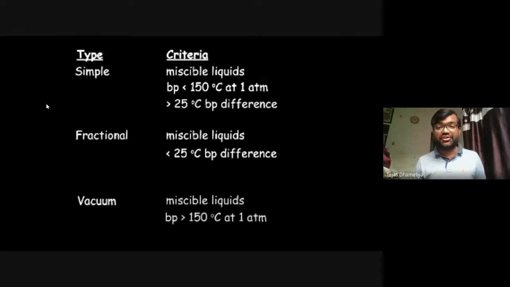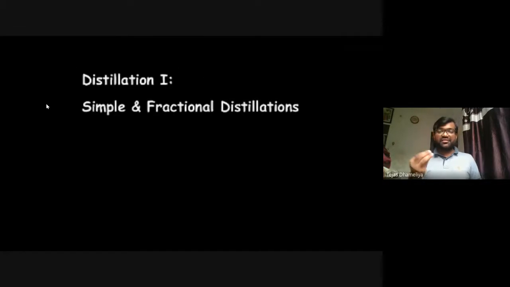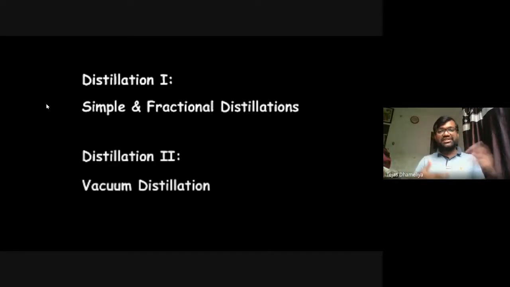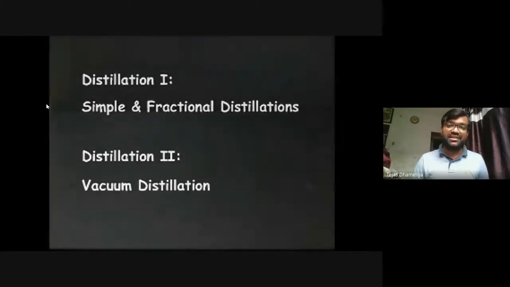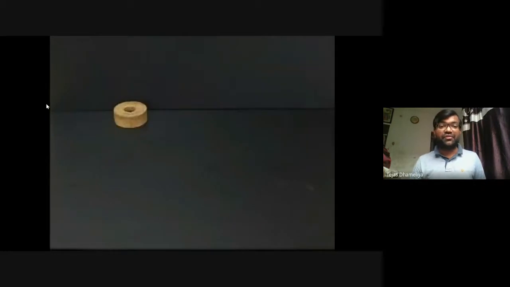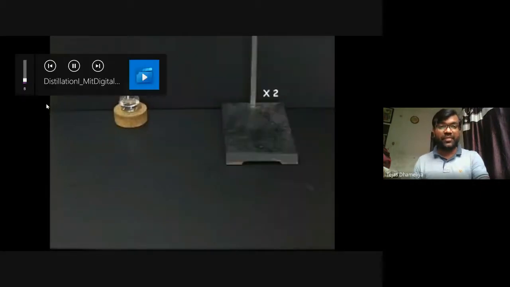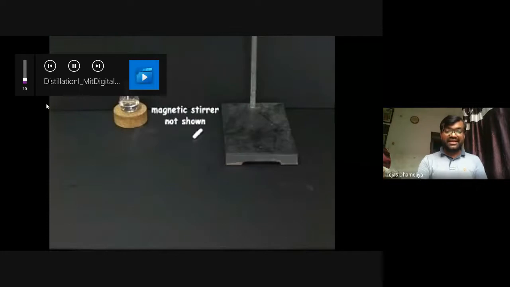Vacuum distillation is also available where the boiling point is beyond 150 degrees Celsius, because in the presence of vacuum, the temperature will further come down and we can do the distillation. So our objective is not to visit fractional distillation or vacuum distillation, but yes, simple distillation and steam distillation, we want to learn. Okay, so these are the requirements that these people are highlighting.